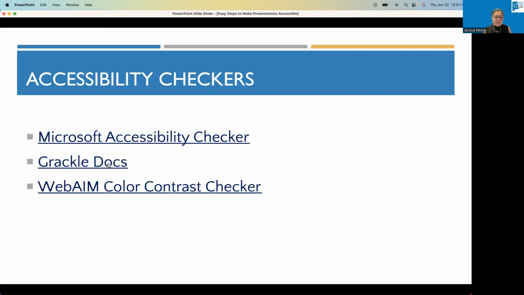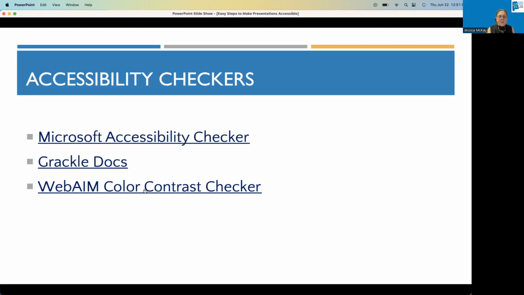Grackle Docs is pretty good for Google documents and slides, but again, you have some limited accessibility in those platforms, to be honest. So ideally, if you want to make something really accessible for people, you want to create it in Microsoft first. What I will typically do is make it in Microsoft, and then load it into a Google Drive if I need to, but I'm not editing from Google, because then I'll try to convert to slides and things. So once it's done, it goes and lives in the drive.